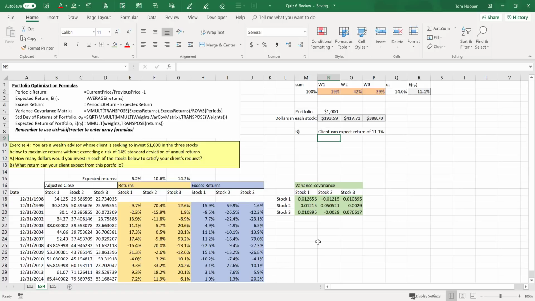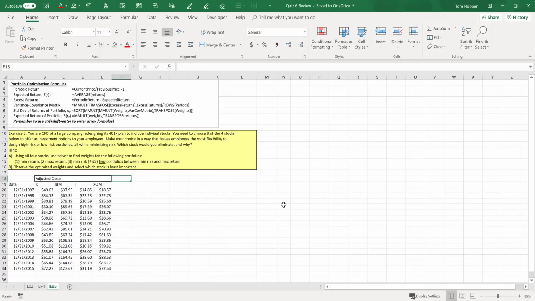So this all feels very repetitive. It feels like you're memorizing something for a quiz, and to a large extent you are, but the next problem is an example of how we're going to apply that. Same thing, we're given some stock histories and we'll go through the same calculations we did, but here we're asked